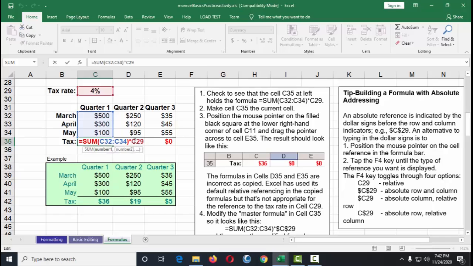We can copy this formula provided that for this part here, which is C29, we put a dollar sign before the letter and before the number, which means dollar C, dollar 29. So let's have that dollar.